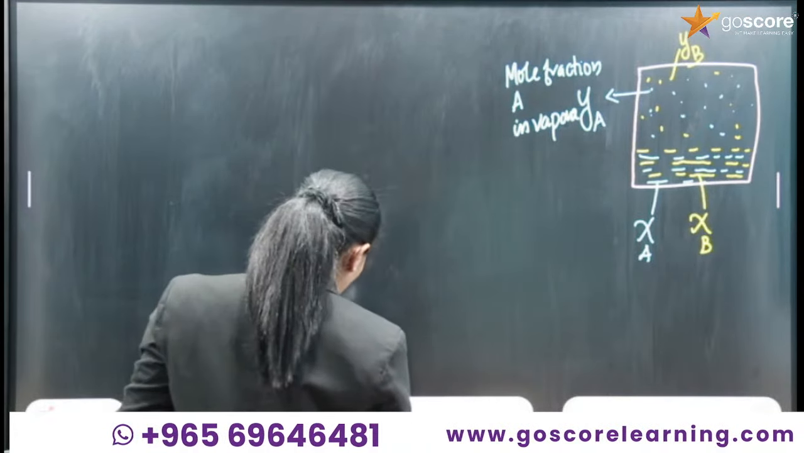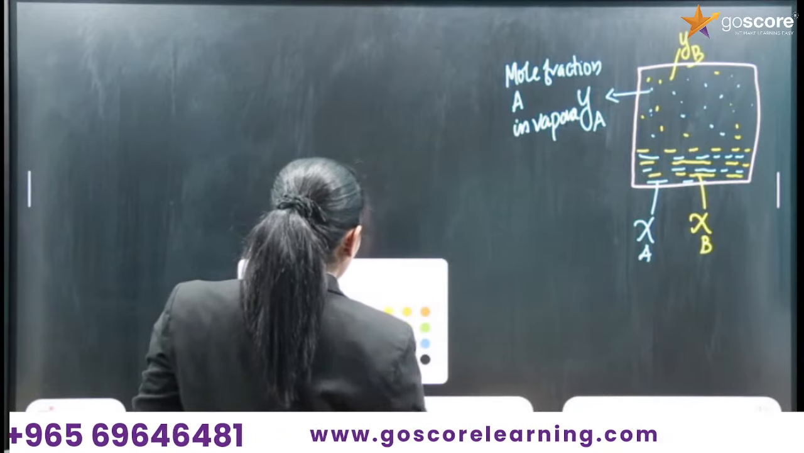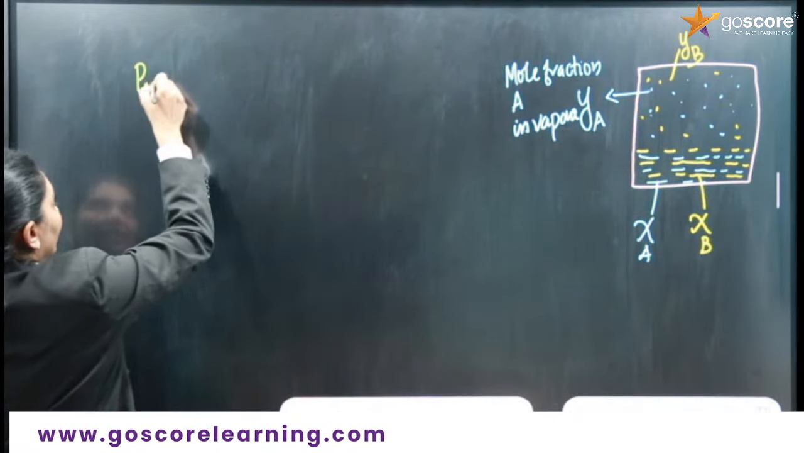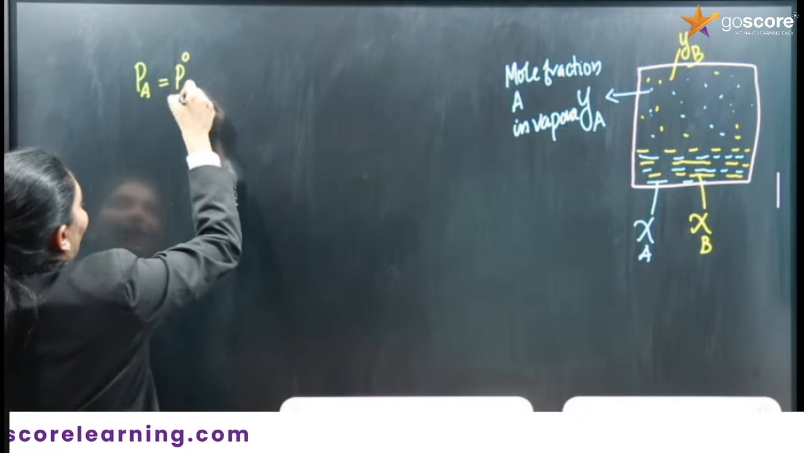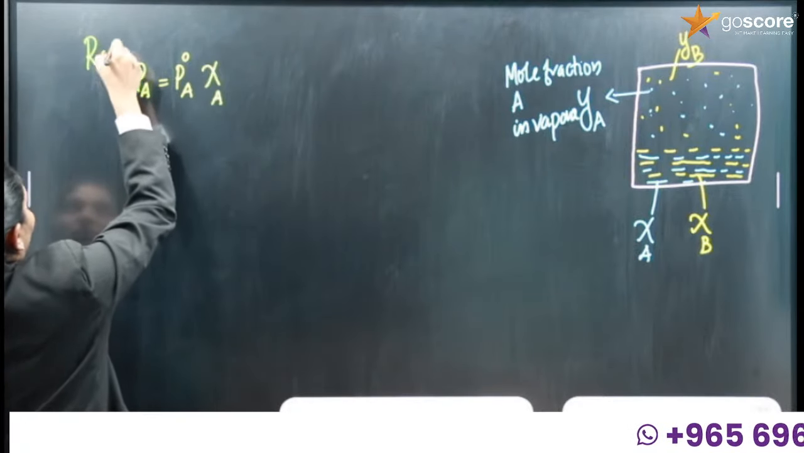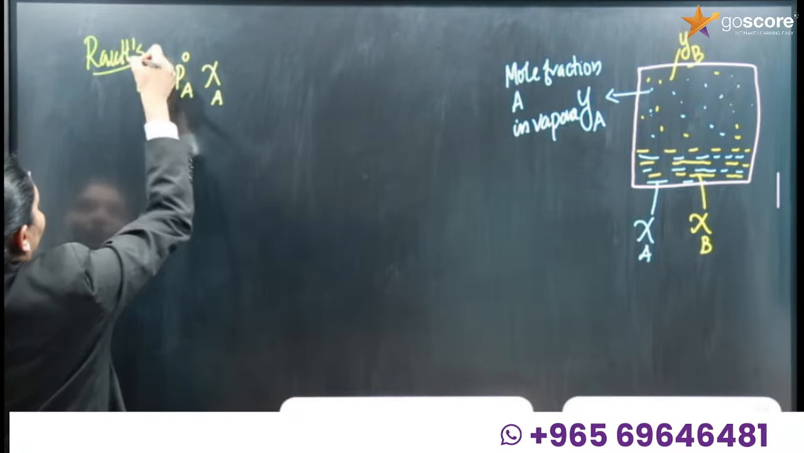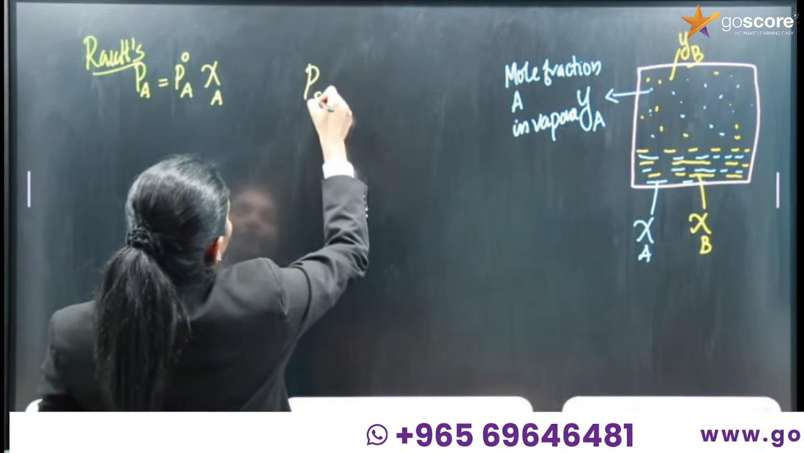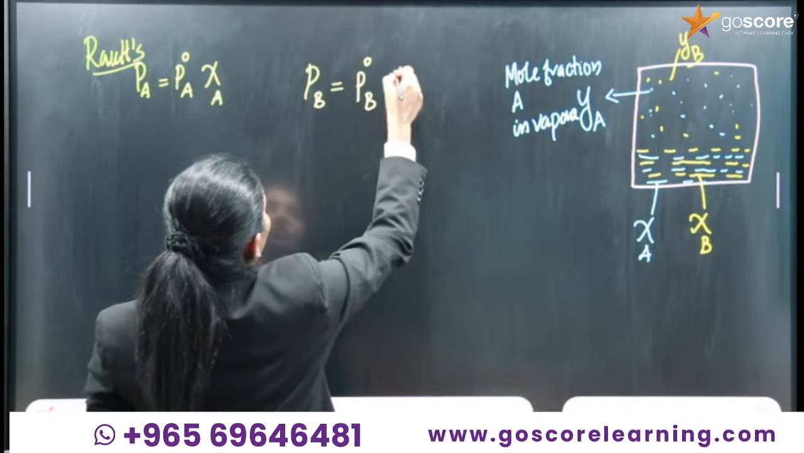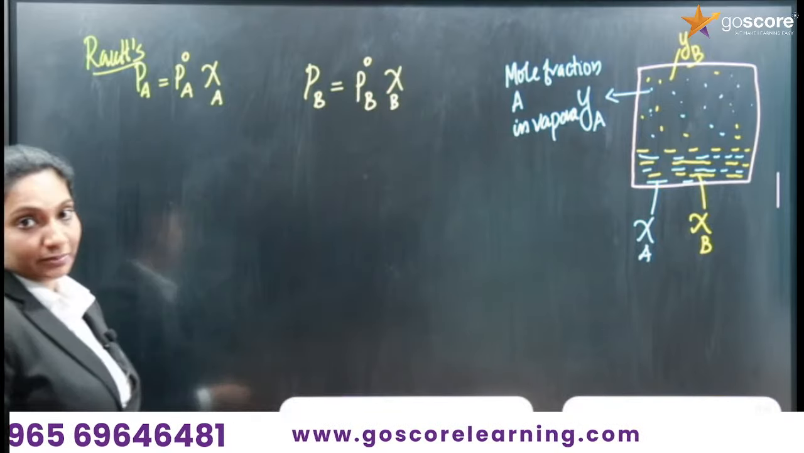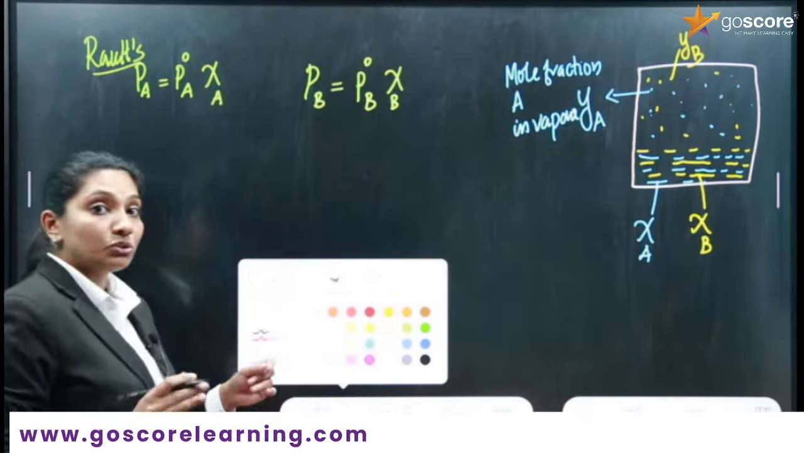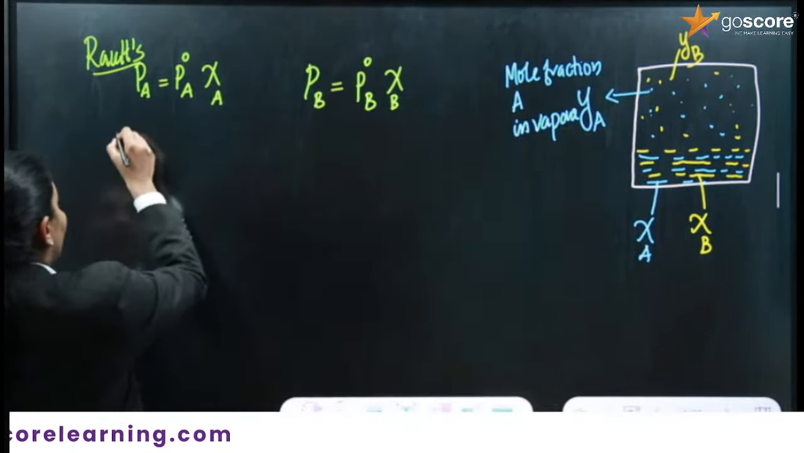So now see, we know what we got from Raoult's law: PA is equal to P naught A into chi A. Okay, this is from Raoult's law. For PB, it is equal to what? P naught B into chi B, right? We have already learned about Dalton's law, which is applicable to gases, right? So according to Dalton's law,